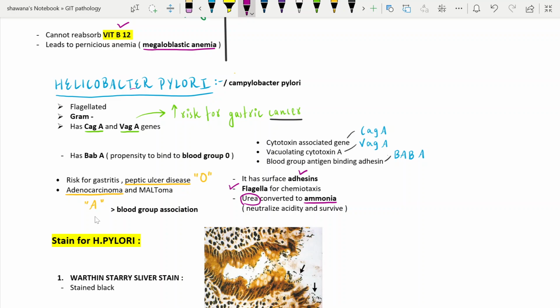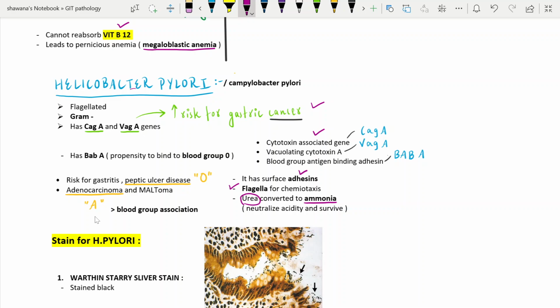The other most important genes that these bacteria are carrying are the SagA and VagA genes. The SagA gene is known as the cytotoxin-associated gene, and VagA is the vacuolating cytotoxin A. These genes have nothing to do with gastritis, but they increase the risk for gastric cancer. They are present in that bacteria, and they over-stimulate, or they carry more risk towards the development of